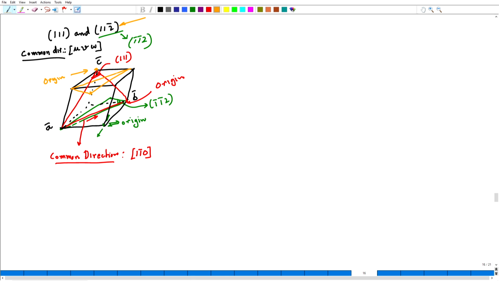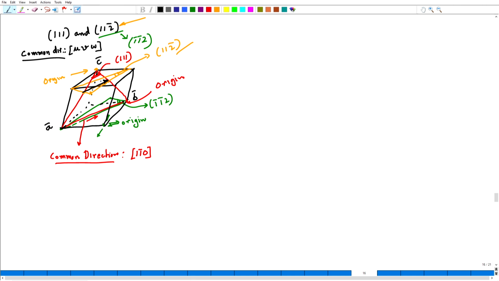So, this one, but remember, the two planes are really not different, they belong to the set of the same parallel planes. But here, if I look at the intersection of the two planes 1 1 bar 2 and 1 1 1, there is a point on the left face and another point on the rear face, and if I draw a vector, let me draw this in a different color.